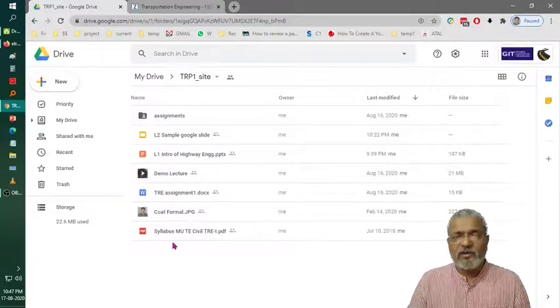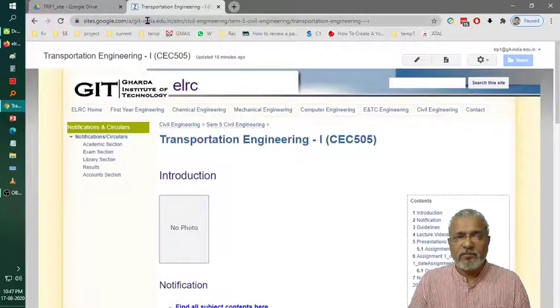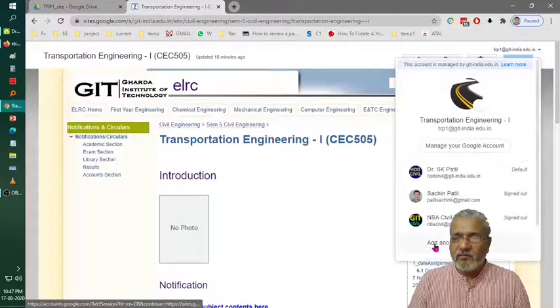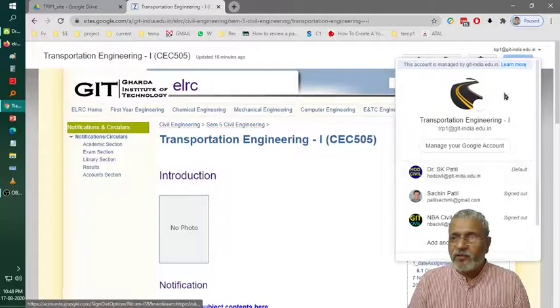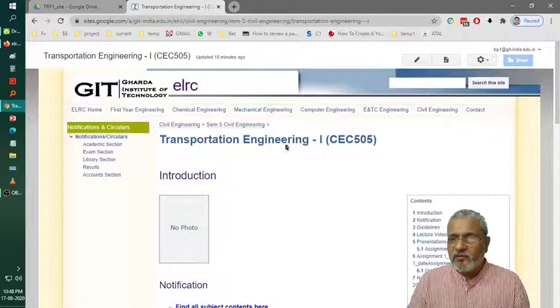Okay, so let us go back to the ELRC page. Important thing, although you might have added many email IDs, like from add another account, this is our usual habit. Simultaneous multiple IDs might be accessing the same browser. We need to ensure that that particular subject ID is the editor. If it is the editor of that page, you will be able to see a pen icon like this on that page.